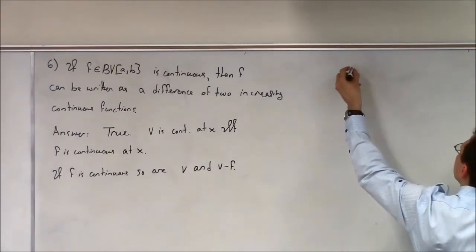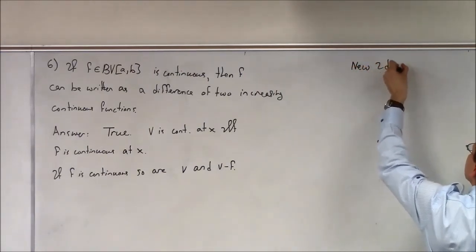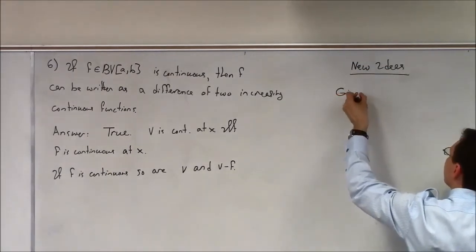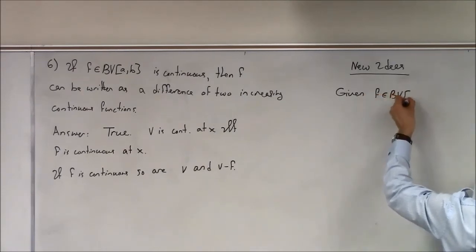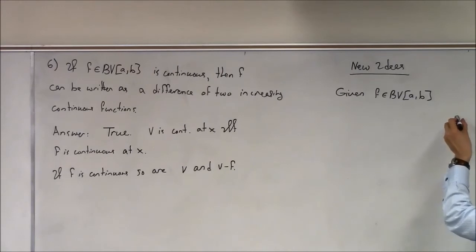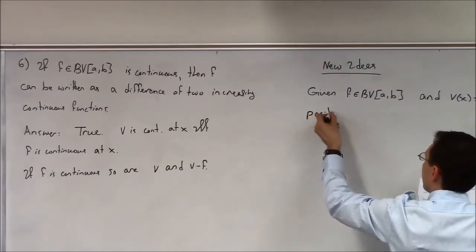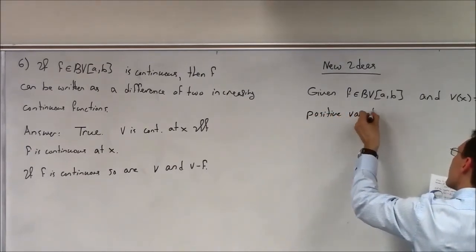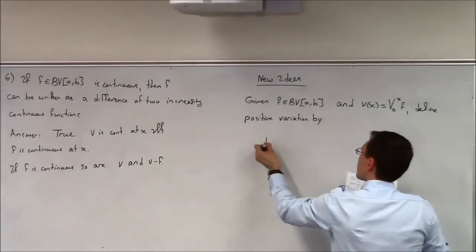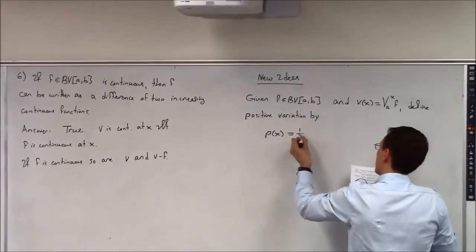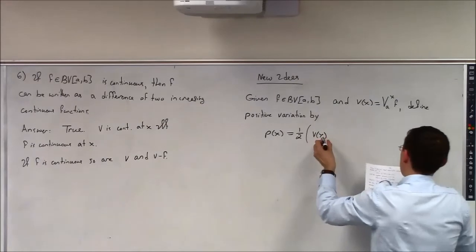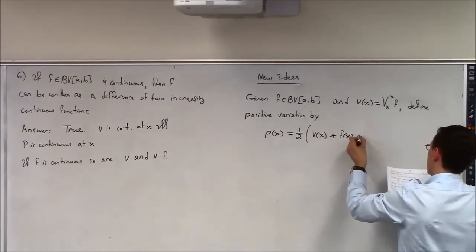Now, new ideas. Given a function in the space of bounded variations, where V of x is defined to be the total variation from a to x, define the positive variation by P of x equals 1/2 of V of x plus f of x minus f of a,